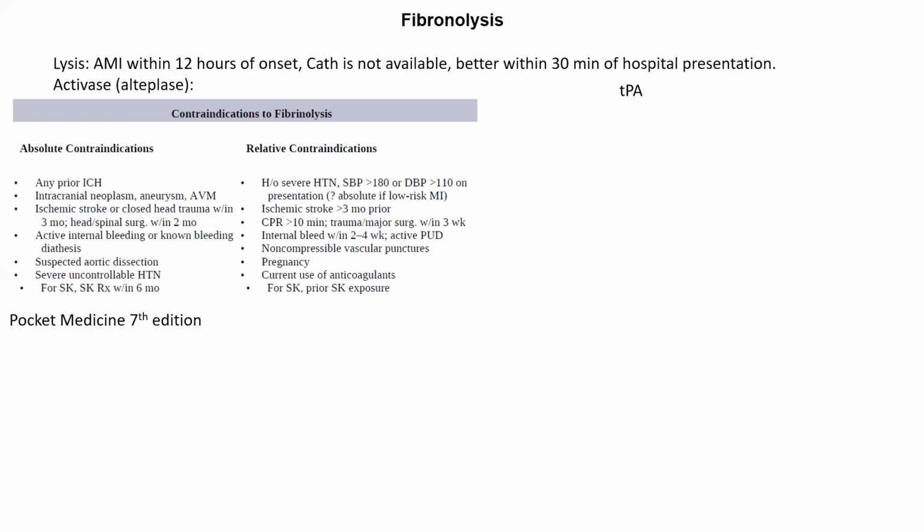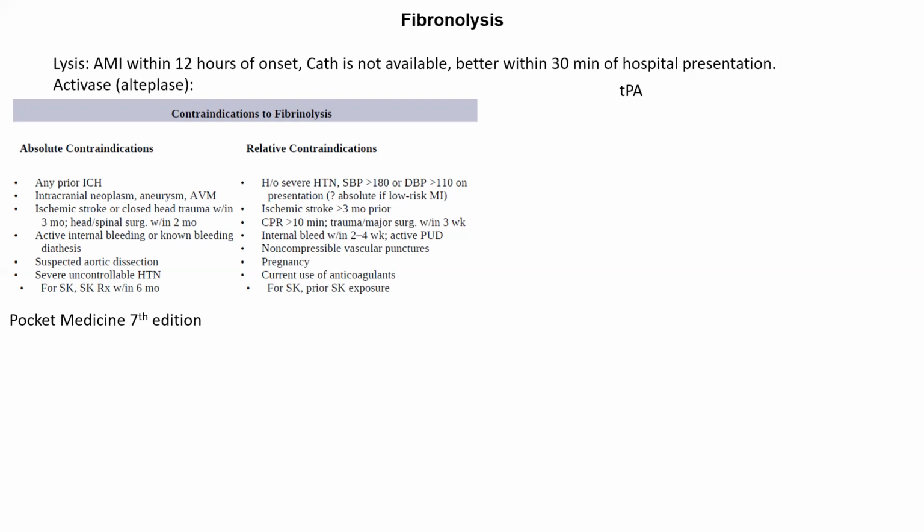For the absolute contraindications, if the patient has some problem in their head or brain, like prior intracranial hemorrhage, neoplasm, or some stroke, all of those problems in the head can cause bleeding. Active bleeding is definitely an absolute contraindication. And also, if the patient has active internal bleeding, suspected aortic dissection, or severe uncontrolled hypertension, those are